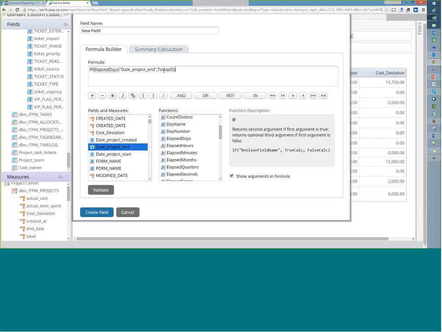Then close. So if elapsed days is greater than 0, then on time. That means if today minus date project ends is greater than 0, the date the project ends is before today, so I am on time. If not, I will say that I'm delayed, so I will use the concatenate,